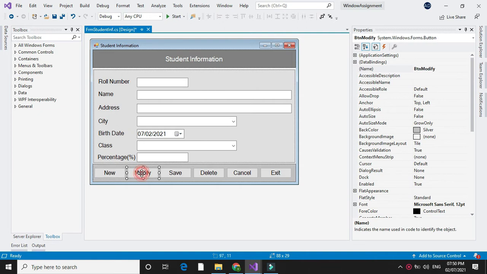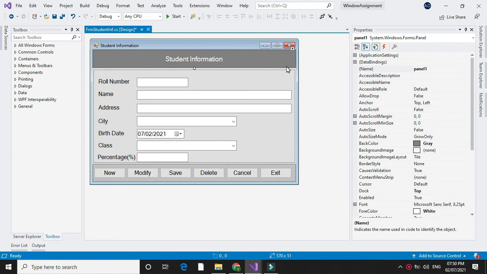Modify is used to modify the existing data. Save is used to insert or update the data. Delete is used to delete the existing data. Cancel button is used to cancel the process, and Exit button is used to close the form.